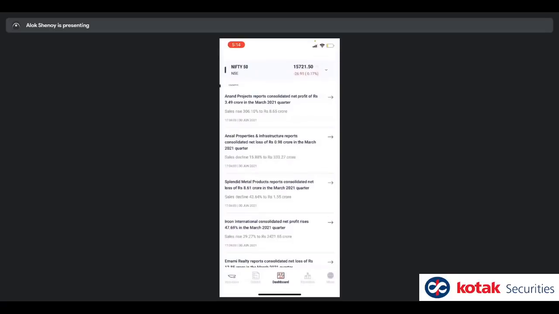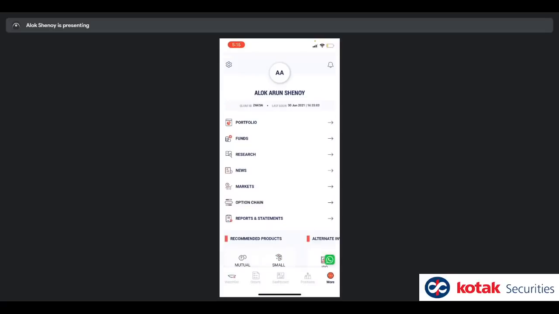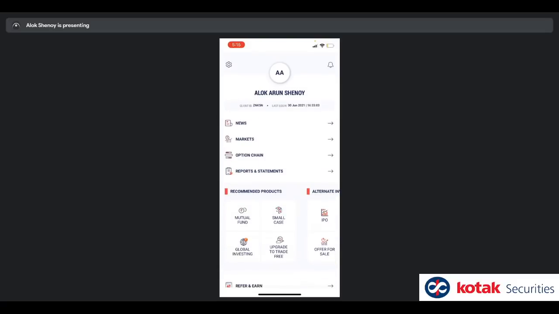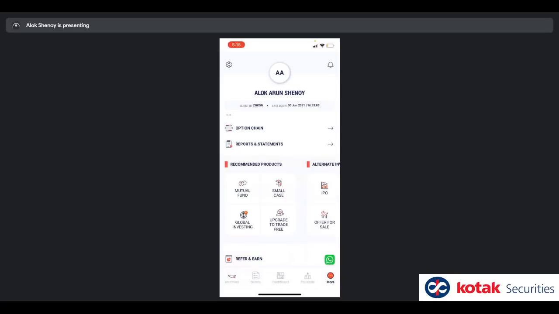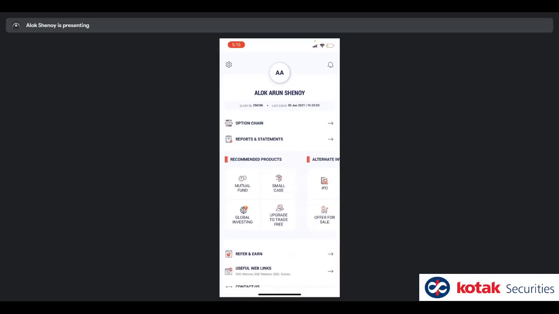A lot of people are asking questions about things that I've not spoken about yet. So let me just switch to the more menu. Okay, first let me address a few questions. Mutual fund, people asking about mutual funds. Click on the mutual fund icon on the screen, which is right here, which you can see is slightly shaded a different color when I'm holding onto it, right? Under recommended products. Click on this.